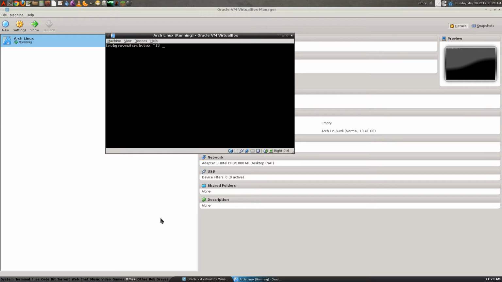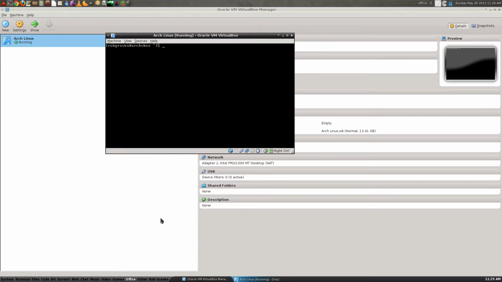But that's just a quick little showing of a couple of AUR helpers. AUR is the Arch User Repository. Any package that is not in the official repos, core, extra, community, multilib, or core testing, community testing, multilib testing, will make its way into the AUR, and there's a lot of stuff in there. But anyway,